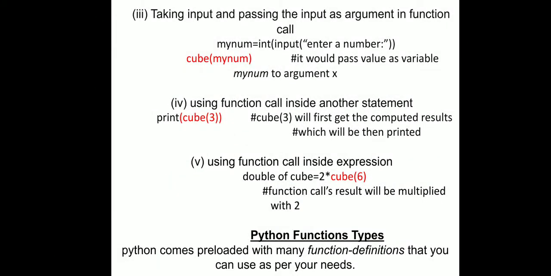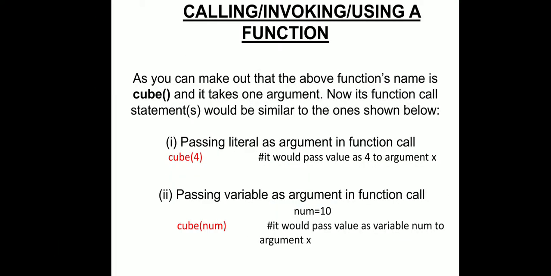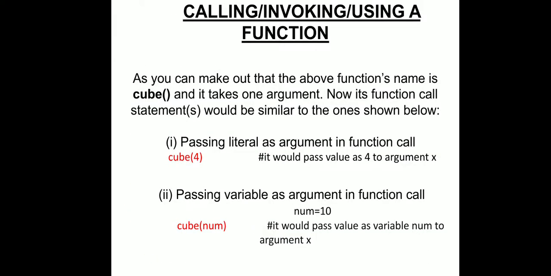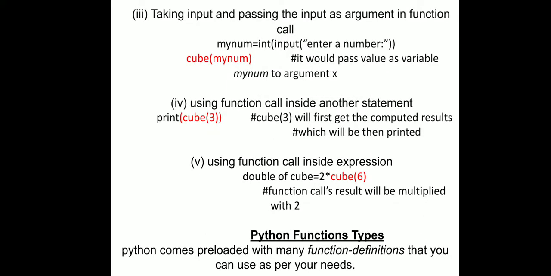Now go to the next slide. We have done right now Q4 and we have done cube num. So I pass the value. Without print we are using, but if we are writing here return, in such case we have to use the print statement outside. Now you can see, taking input and passing the input as argument in function call, you can do like this. You can no need to fix the value, you can input the value and you can pass it into the variable. This thing also we can do.